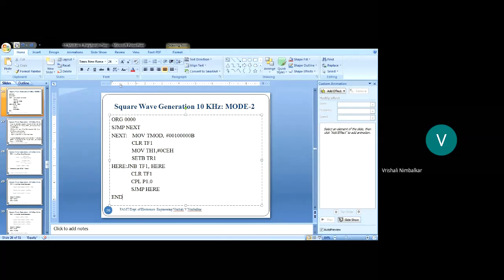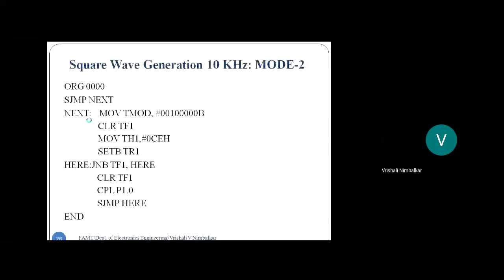Hope this is understood to you all students, right? But if you do the program like this, that timer program will act as a main program, because this is where the microcontroller is continuously busy checking the flag bit. It cannot do any other operation. So generally whenever we use mode 2, we make use of timer interrupts. Keep that in mind, students. So hope this is clear. Square wave generation is possible using mode 1 as well as using mode 2.